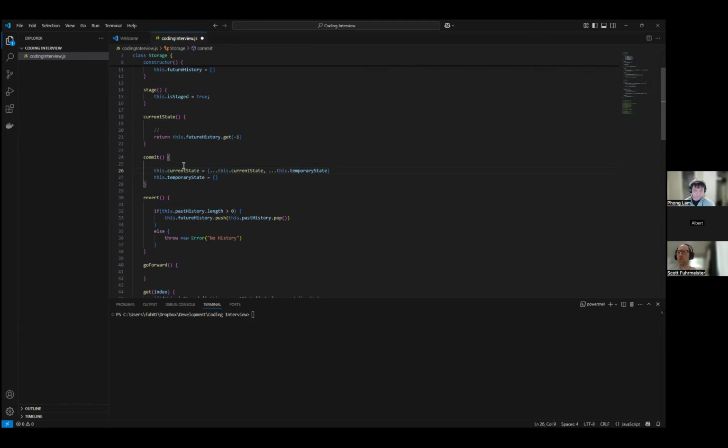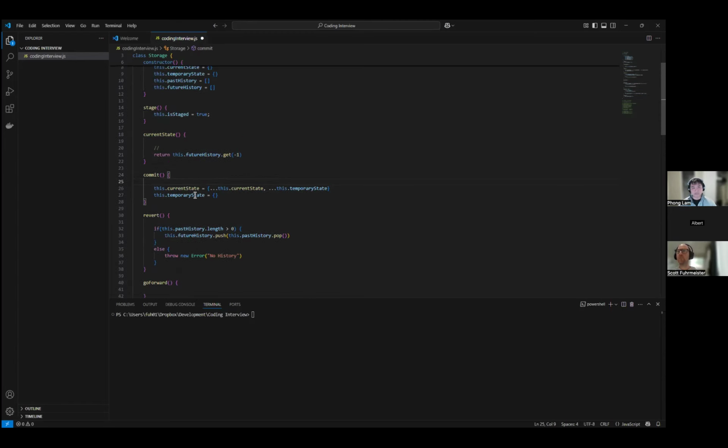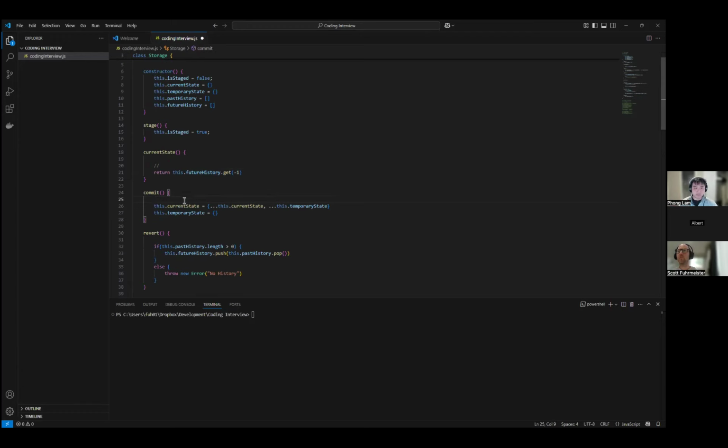So I need to push, instead of this. You don't have to do that if you just grab it out as a variable and then set it, because it's an object pointer, right? What I mean is on 25, if you do const current state equal this dot current state and you call it and then you set it, it should update the object for you.